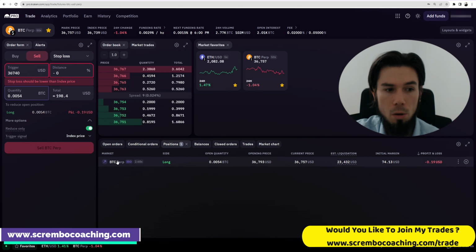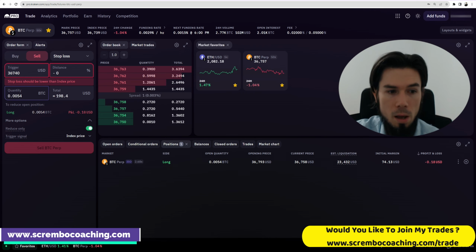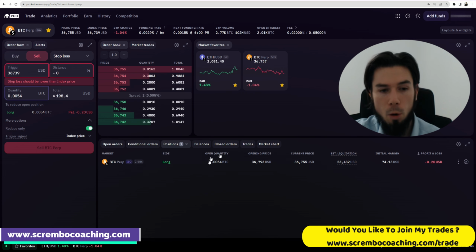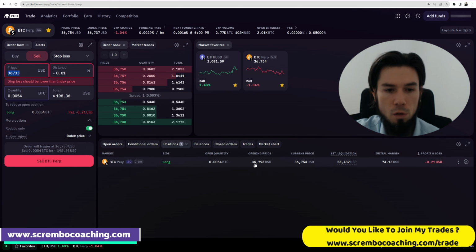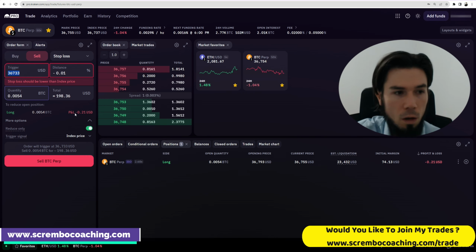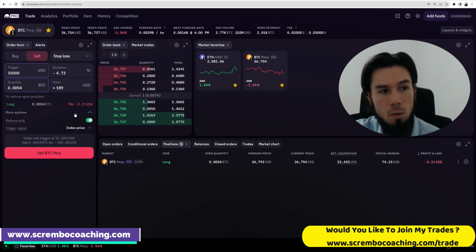On this one, which is already running, I need to click on the quantity, making sure I have a match between the quantity listed here on the left side and my open quantity. It is the same we're talking about. So where do I want to set the stop loss? Well, I want this one to be triggered. I entered at 36,750, 36,793. Let's say I'm going to exit at $35,000, which means that